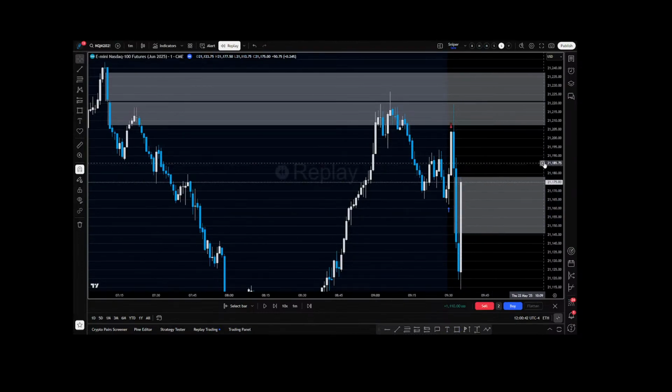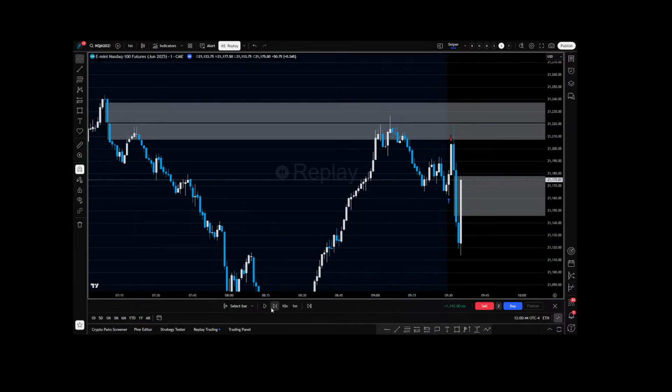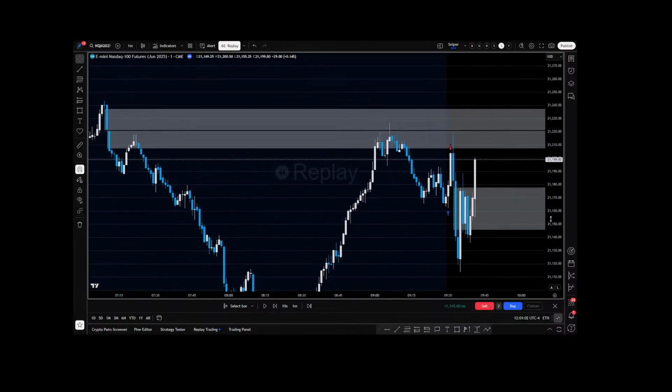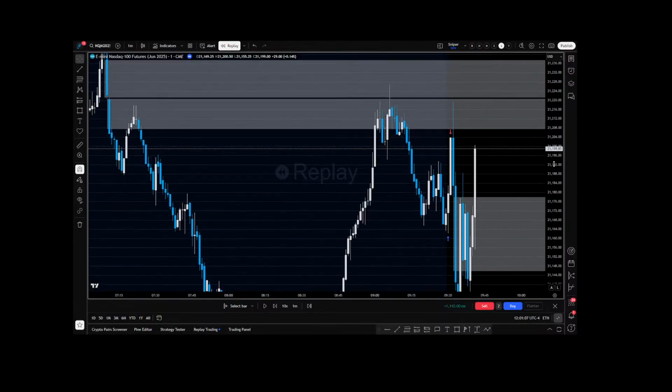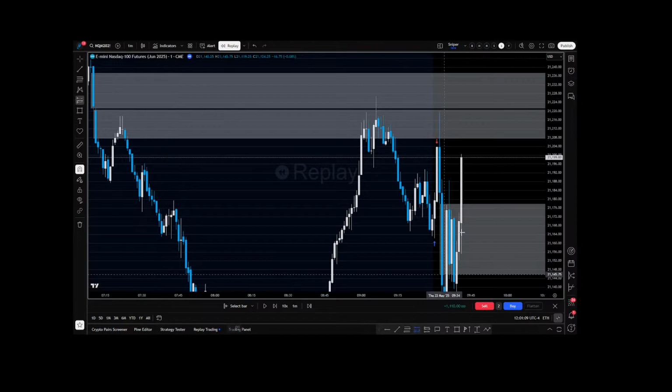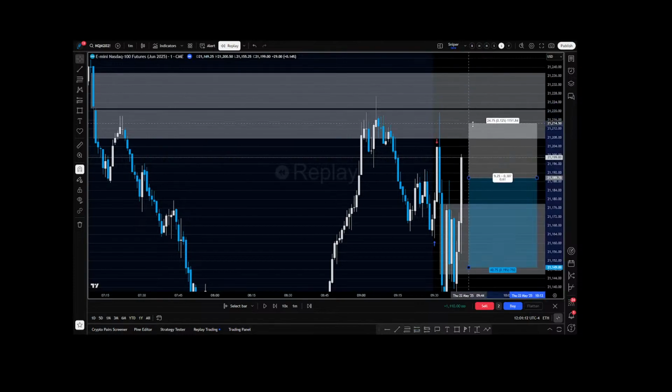All right, 1 minute fair value gap here. Holding. I believe Thursday was our first big news day of the week. Now this is a strong close, and be aware, big round number. We have just tapped 21,200. Definitely not something I'd buy at the close, but on a retracement, I'm a bit more interested.